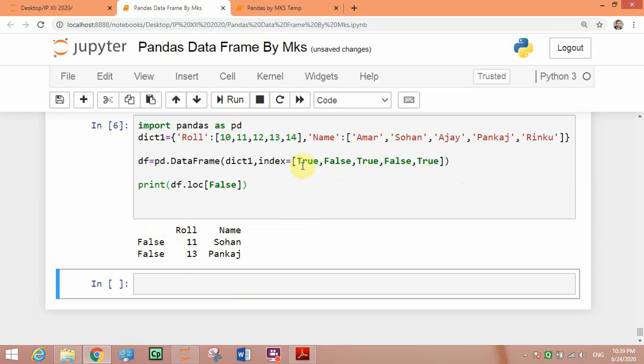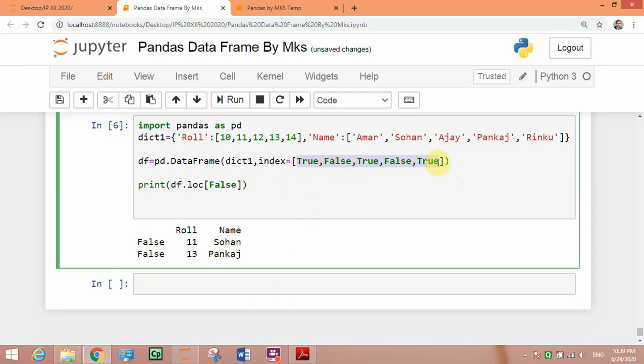If you want to change this index in different form, so you can give like this. You can give index value 11, 12, 13, 14, 15, like this, and here data frame will be closed.